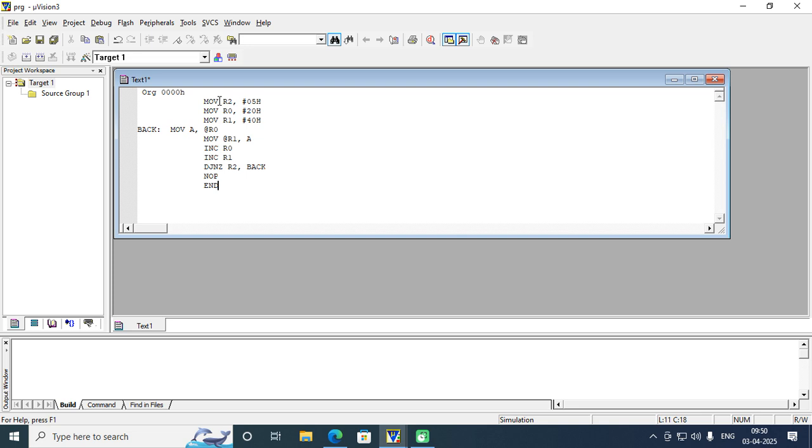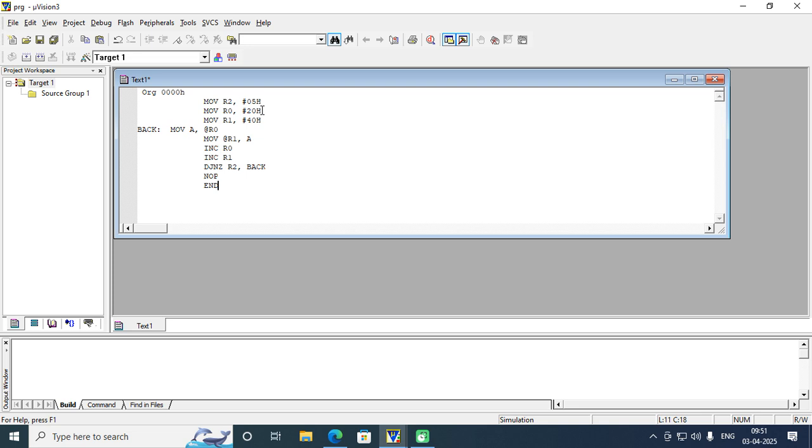And you can observe here MOV R2, #05H, it represents the count value, how many bytes are present in the array. So I have taken 05H as the count. MOV R0, #20H and MOV R1, #40H, these are the two memory locations we are using, and R0 holds 20H, the address where the data is present.